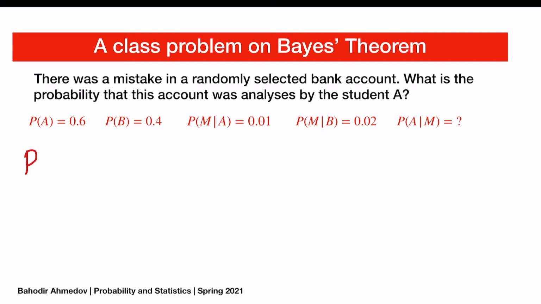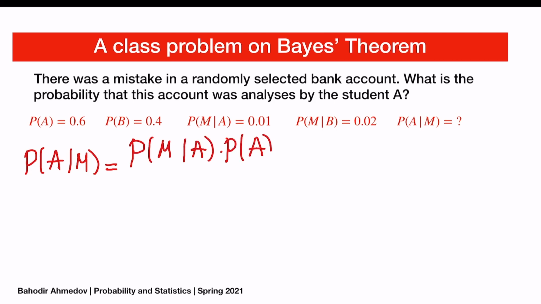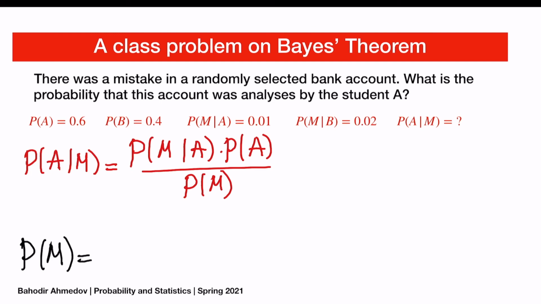So what is the probability of A given M? So again, you're going to write this down in terms of the two probabilities. On the numerator, you're going to write the P of M given A times the P of A, and all of this divided by the P of M. Okay? And in order to evaluate the probability of a mistake, okay, so now, if I choose one of the